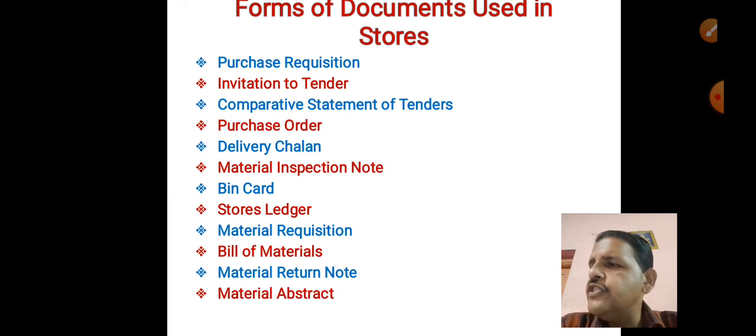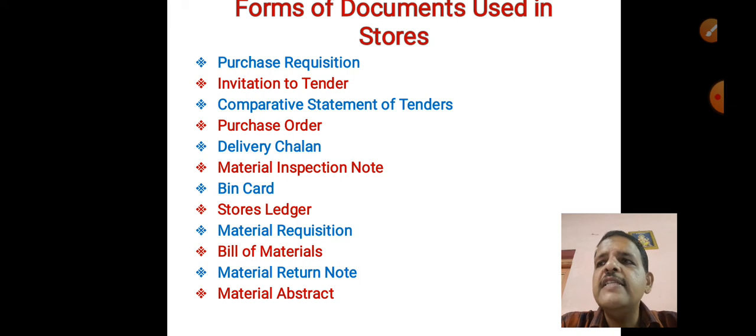The requisition is generally prepared in three copies. One is retained by the department receiving the goods, and the other two copies are handed over to the storekeeper, and the storekeeper retains one.